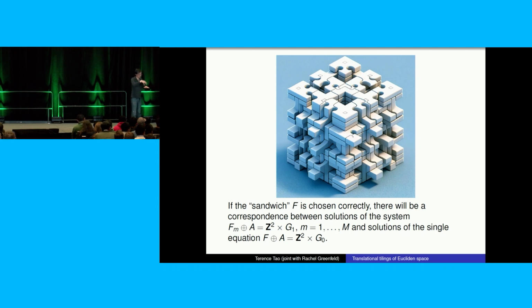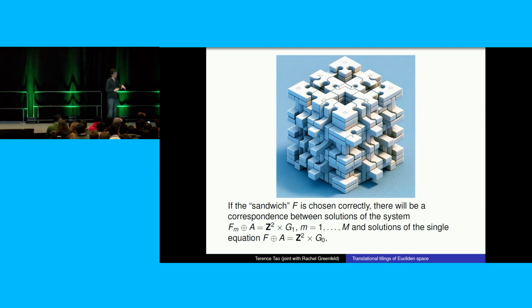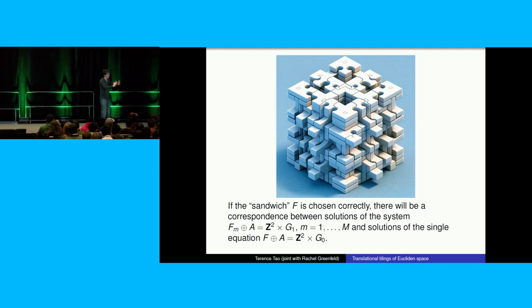And if you want to tile R2 multiple times, first by one type of jigsaw piece and then by another piece and so forth, but always using the same shifts, what you can do is stack the tiles together to form a three-dimensional tile. And if you do it correctly, the only way that you can tile this stack or sandwich of 3D tiles in space is basically by finding a common partition, a common tiling of each of the slices. You have to make sure that you can't slide up and down and so forth,